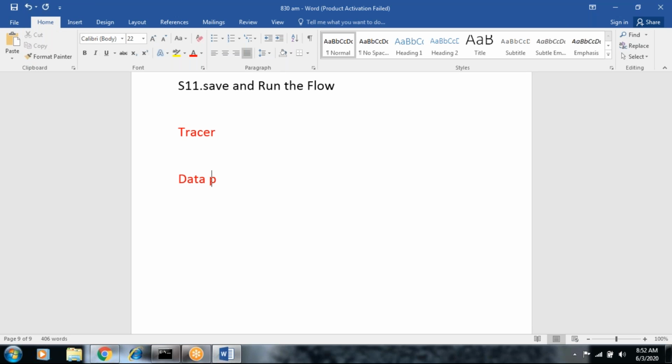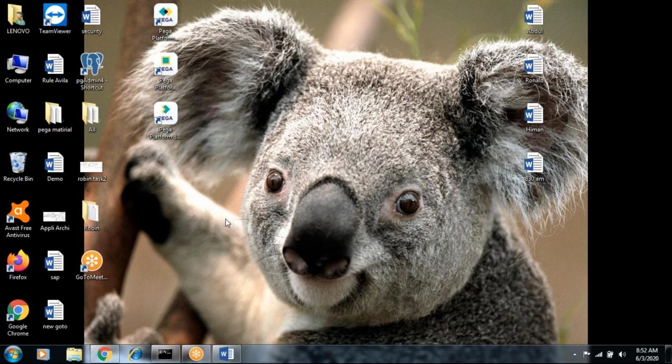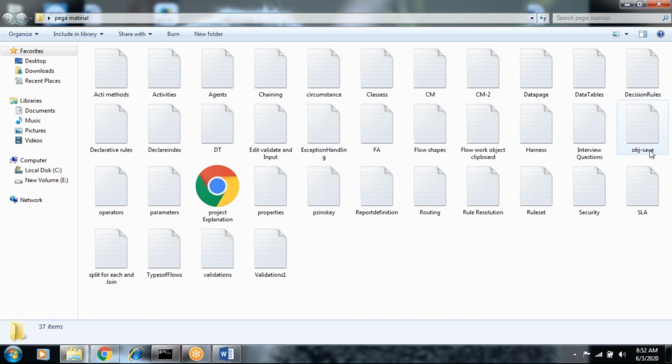Database. So I'm going to explain one task for this. First, understand the database. A database is nothing but a readable page, and sharing the data. A database is used for sharing the information, either at the same work object level, different work object level, or at one server level. The purpose of the database is sharing the information or the data to others. That is the purpose of the database.